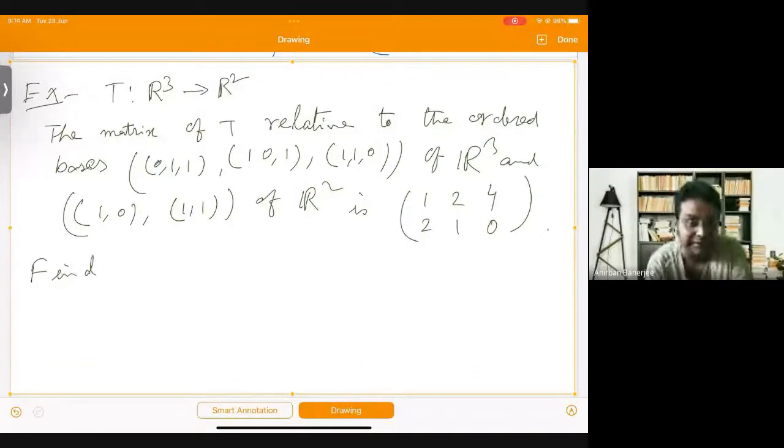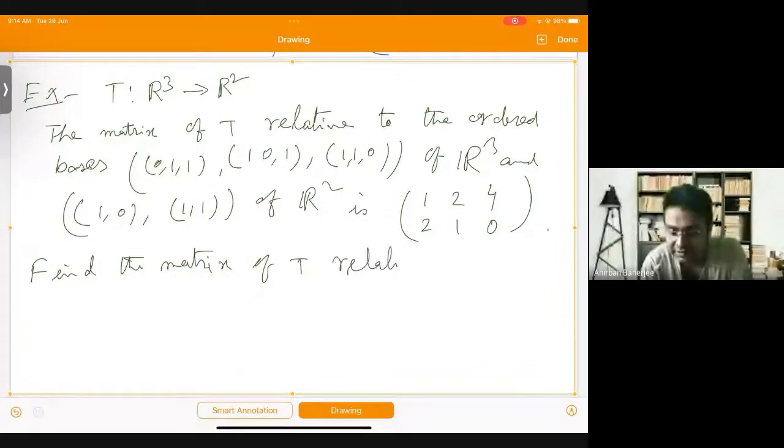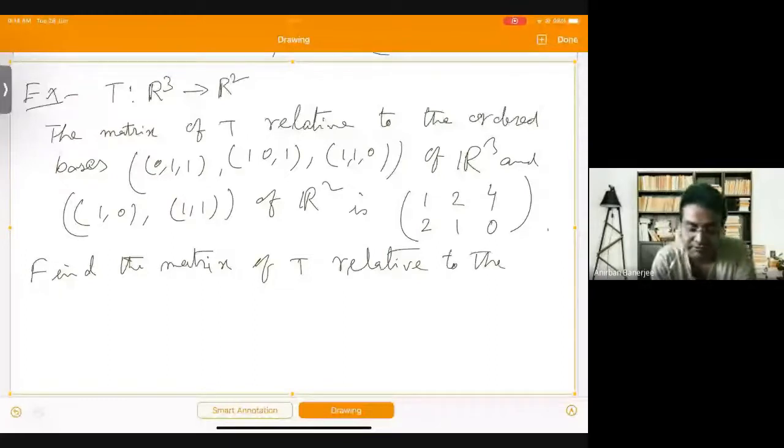Sorry, we have to find the matrix with respect to different ordered bases. Let's find the matrix of T relative to the ordered basis